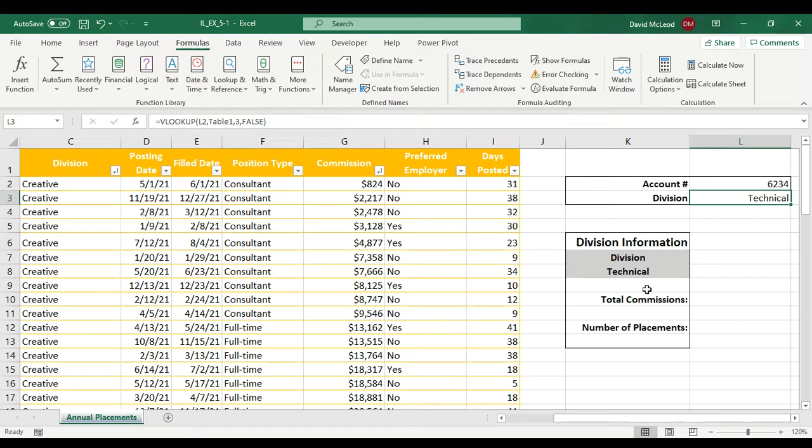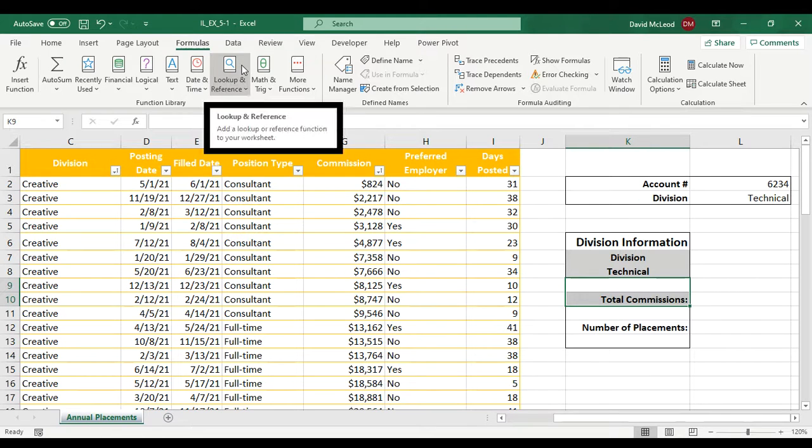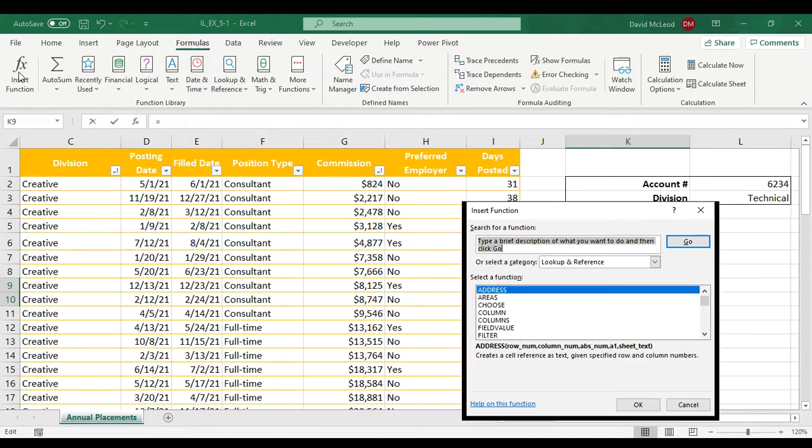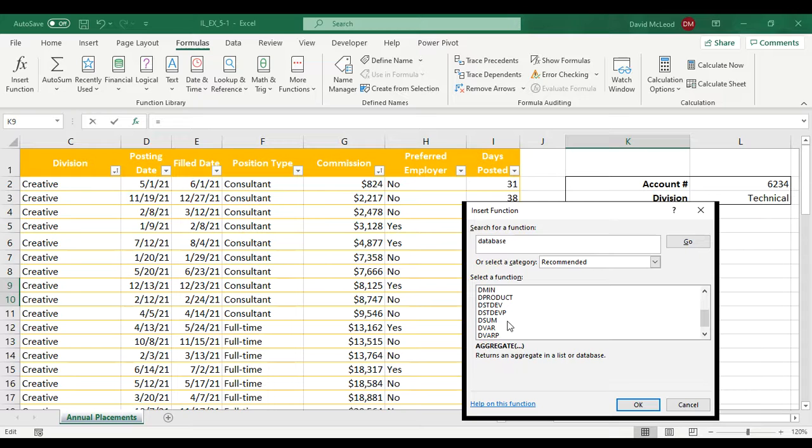Lastly, I'm going to do summarizing for right here, and it works pretty much the same way. I'm going to click right there, and I can do my different formulas that I have before. I could do an insert a function and, let's see, I want to search for in the database functions, and I could do a DSUM